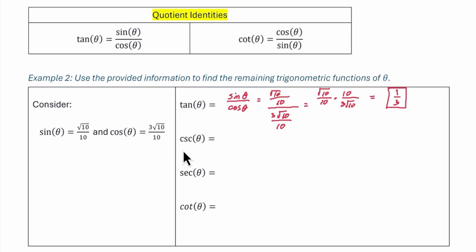For cosecant theta, recall from earlier, the reciprocal identity. Cosecant theta is the same thing as 1 divided by sine theta. And we were told sine theta is the square root of 10 divided by 10. 1 divided by a fraction we can rewrite as just the reciprocal of that denominator. We get 10 divided by the square root of 10. Now, while that might look simplified, we typically don't want square roots in the denominator, so we need to rationalize